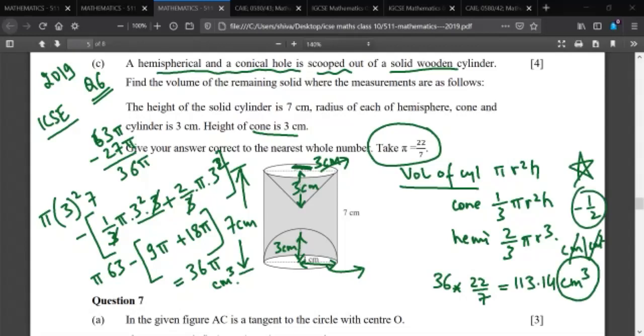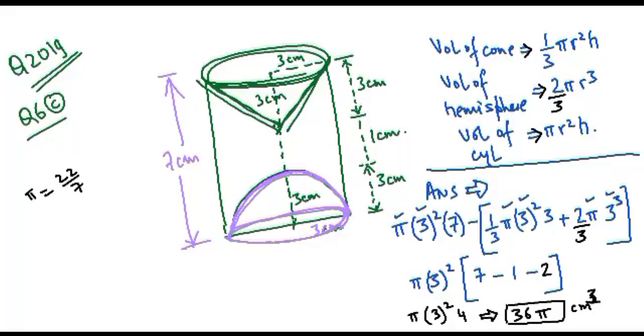So whenever you are doing these questions, it is always helpful to draw a diagram, spend some time to understand the diagram well. Do not get confused about the radius and the diameter. You should label your own diameter. Even if it is there in the paper, you should make your own diagram and try to label it in a very intelligent manner. Spend some time on the figure. Is there any doubt? No, sir.